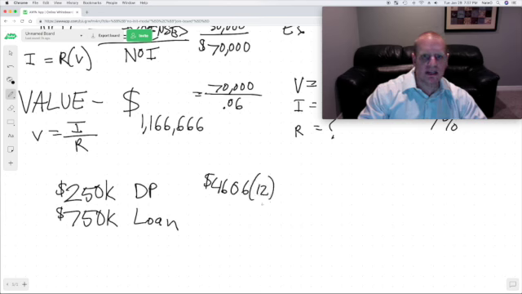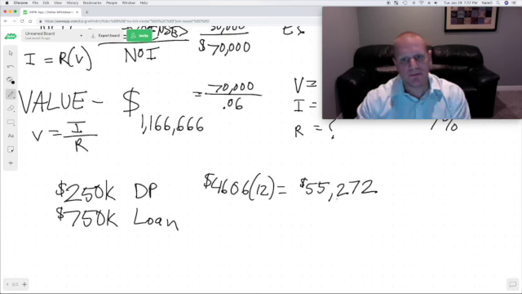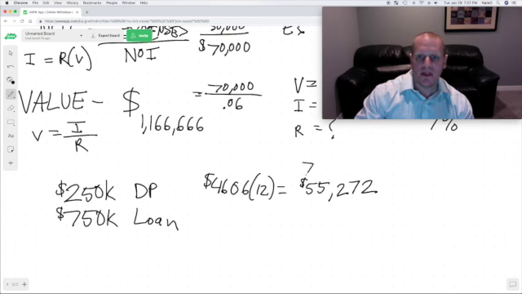So you need to take that times 12 to get your annual number, and that's going to equal $55,272. So now we take that NOI of 70,000 and we subtract that to get our cash on cash return,